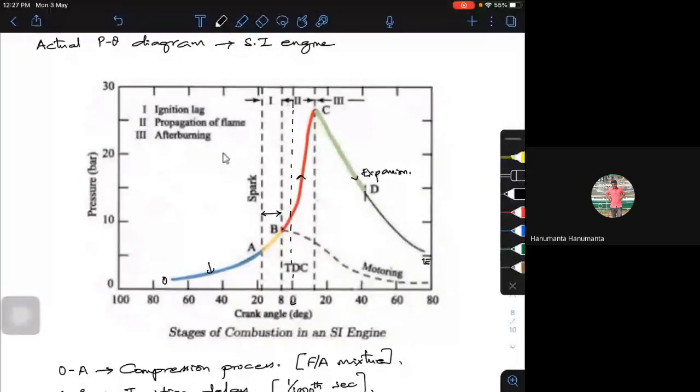The peak C should not coincide with your TDC. The combustion products should go to a particular point, that is, after a certain angle, maybe 15 degrees or 18 degrees after TDC. 15 to 18 degrees after TDC, or 12 to 16 degrees depending upon the type of engine. All the engines don't follow the same rule, but I'm trying to explain that there is a range after your TDC. It should not be too long. This point C can't be somewhere here. If that is so, then your burnt gases will not expand properly.